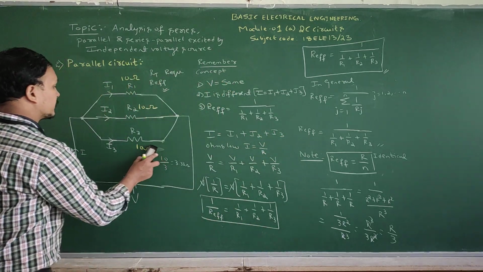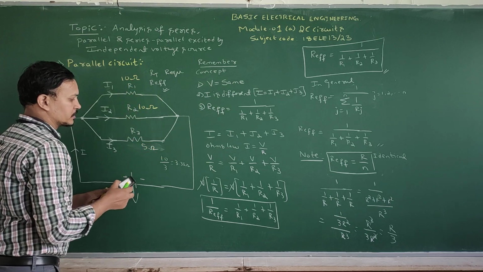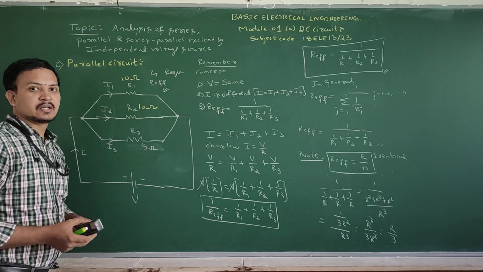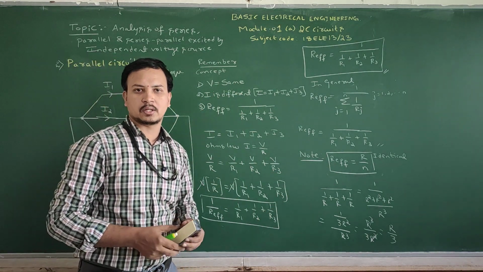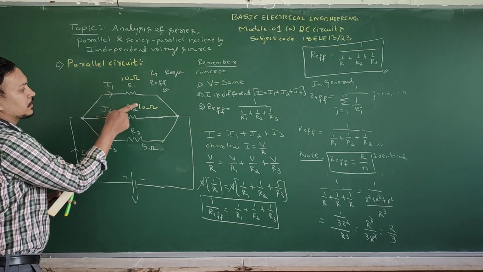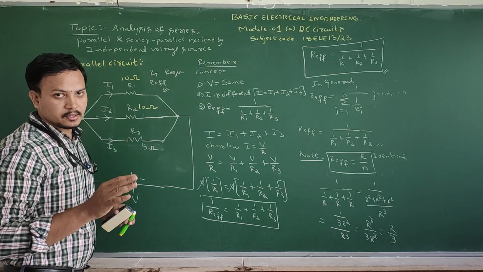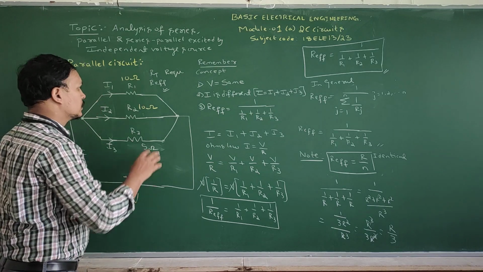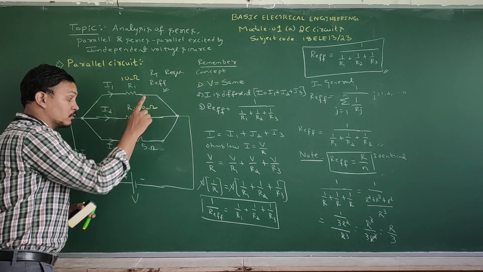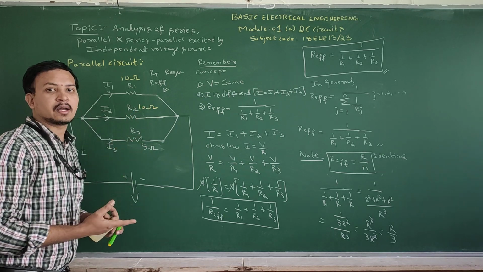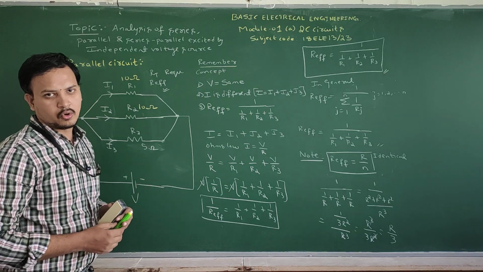And next, look at here. Now 10 ohm, 10 ohm, 5 ohms. Now, what is the effective resistance? You can apply this formula for the whole circuit or part of a circuit's elements. So now only these two are identical, 10 and 10. What is the effective resistance? 5 ohms. So this will get reduced to one resistor, that is 5 ohms. Now that 5 ohms and this 5 ohms again are identical. So 5 by 2 is 2.5 ohms.